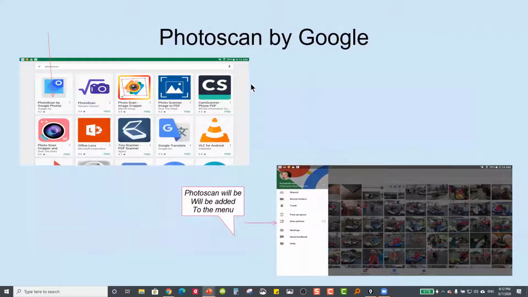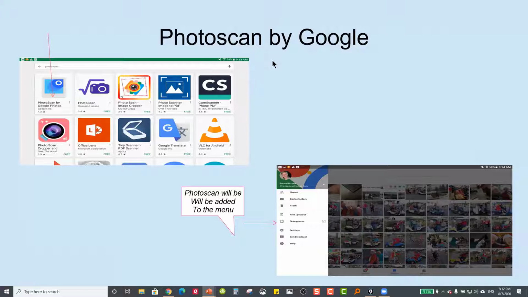We have also a program called Photoscan. This is what I talked about when I talked about doing that album in 13 minutes, 153 pictures. This is a software program, an app you download. It installs into Google Photos, and it's scanning software that you can use to scan any pictures. If you have physical pictures and you want to put them into Google Photos, you can use this software called